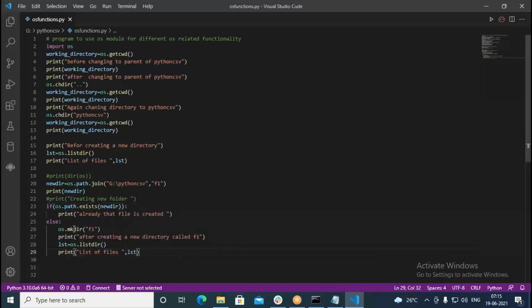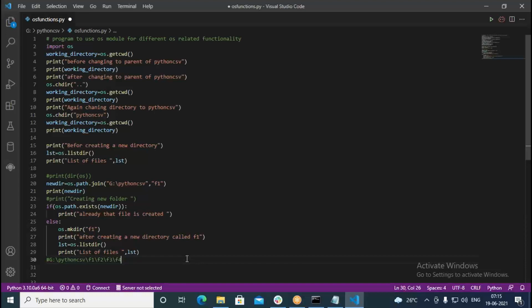So straight away, this is only one folder we create. But my requirement is something like this. I want to go with a new folder in this way, G colon, slash, here in this Python CSV folder. In this, you already have your F1. Already the F1 folder is available, but further in this F1 folder, I want to create new folders like F2, then F3, then F4. Like this entire hierarchy I want to create. Try to understand my requirement here.